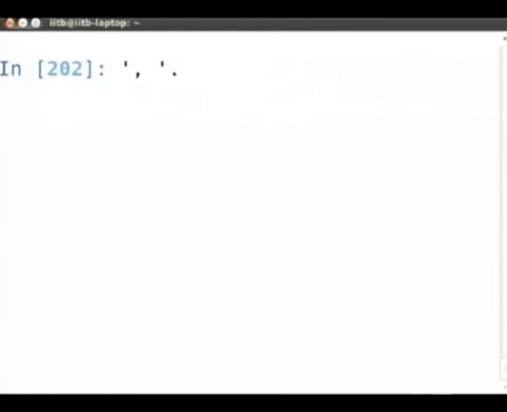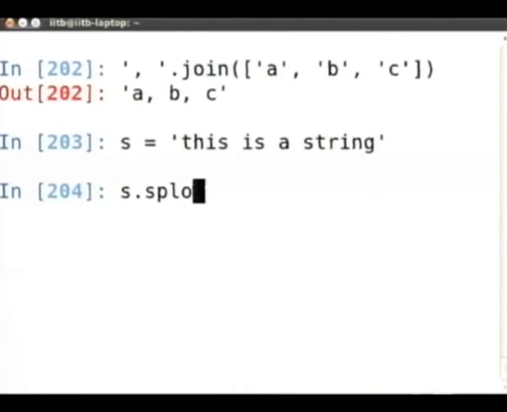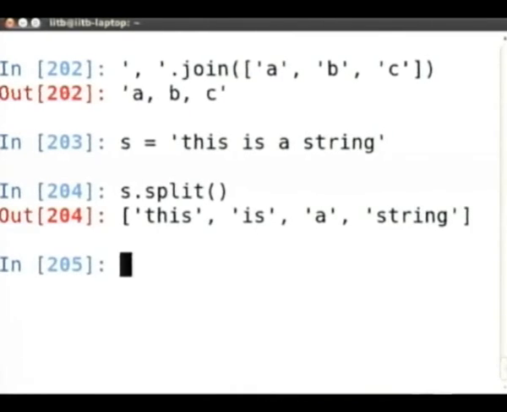Can you give more examples on join and split? I don't know, so I can give plenty of examples on join. I think I already gave you fairly many examples. So join, it's ABC, that's join. In fact I actually gave a lot of examples. I don't know if I can give more. There is nothing more to it than I covered, even all the optional arguments.